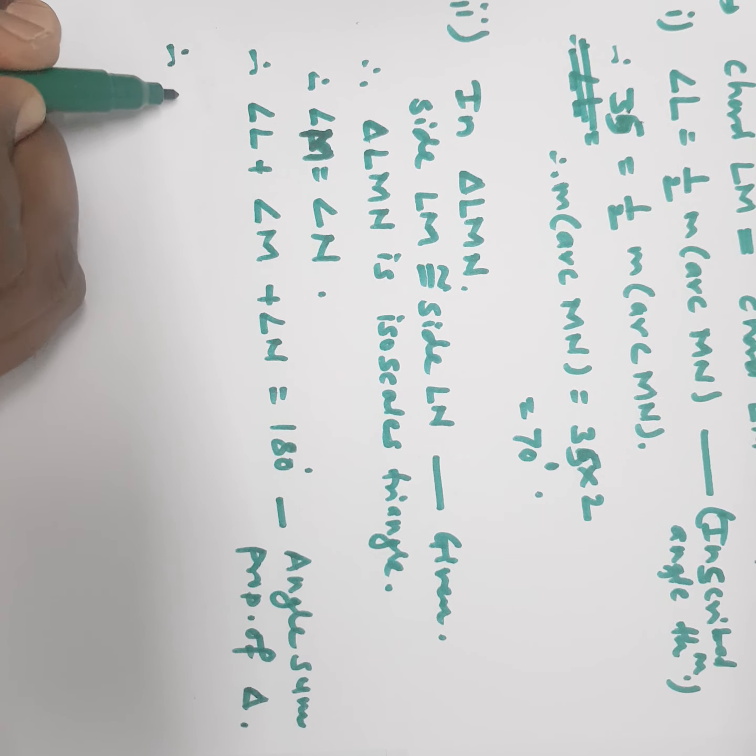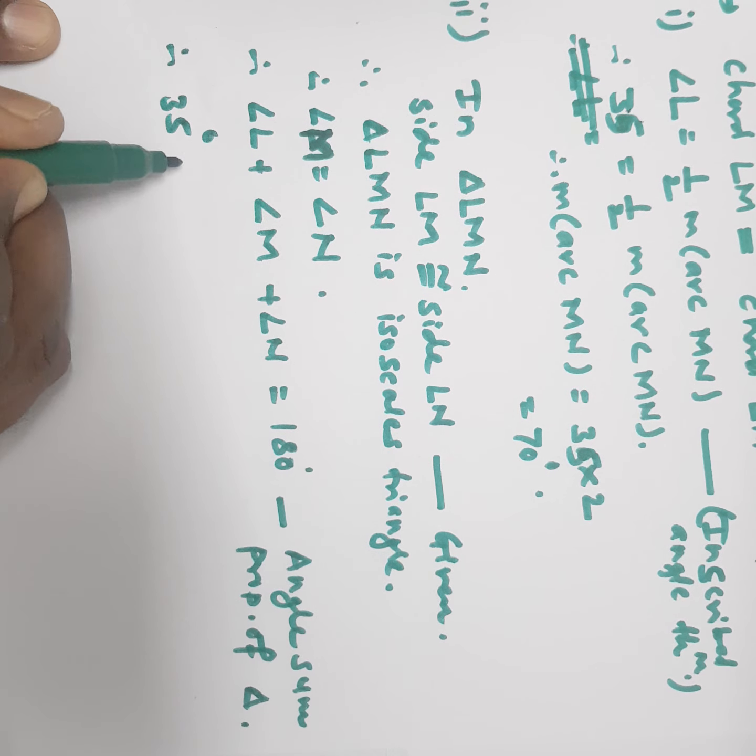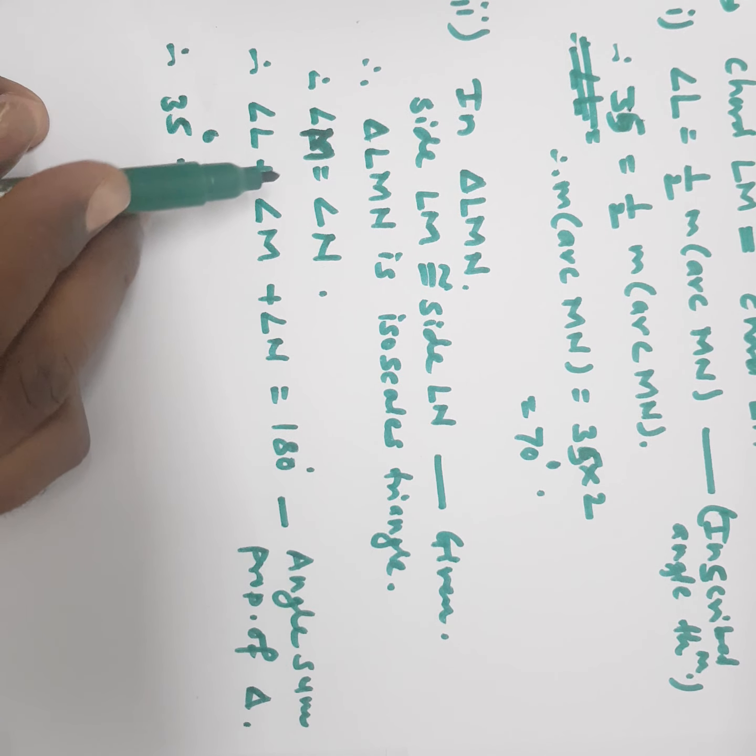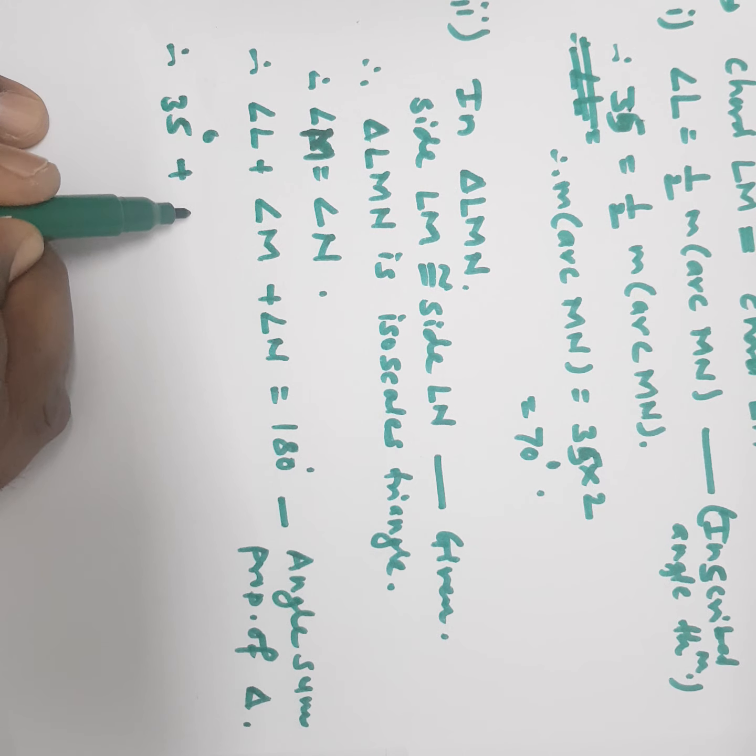Angle L is given as 35 degrees and angles M and N are congruent. Therefore we can write